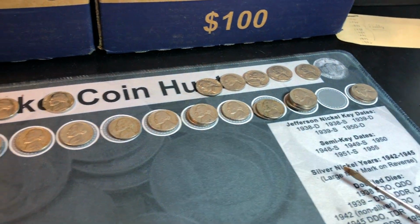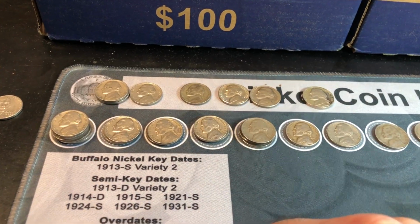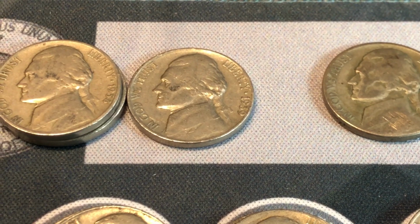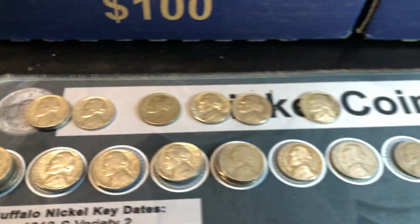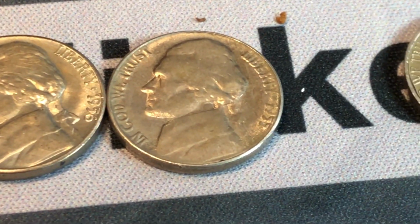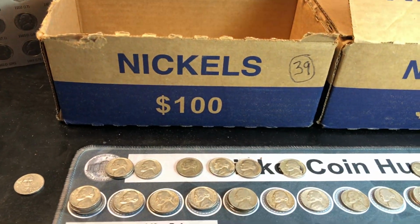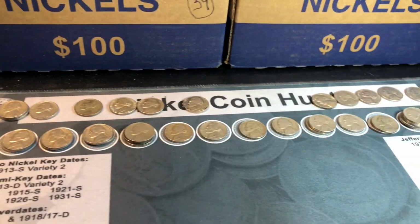15 nickels from the 50s, 17 from the 40s, including the war nickel, 3 from the 30s, 2 38Ps and a 39P. We also grabbed a 1909 Denver, and on top of that, we got a proof, a beautiful 1956 nickel, and a 55P for the album. Unbelievable first box. Normally with this many finds, I'd go ahead and upgrade and update the album, but it's a